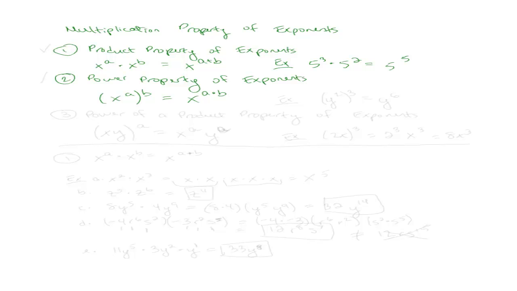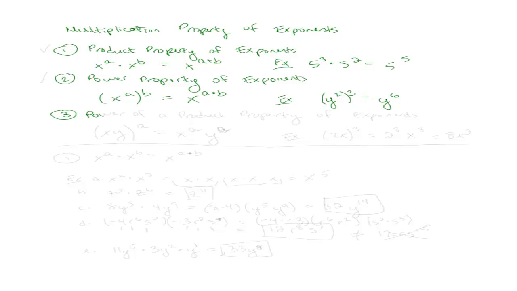Let me give you an example of that. Say that I have y squared to the 3rd power. Well, the rule says if I have a base to some power, then to another power, I'm just going to multiply the exponents together. So that's going to give me y to the 6th power. And there's one more rule we're going to learn,